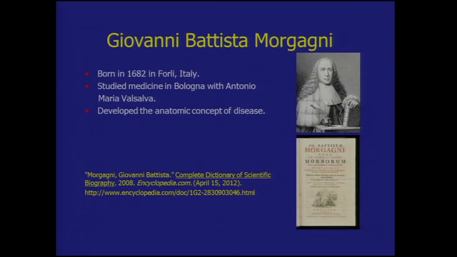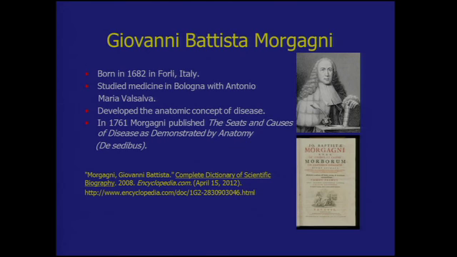Now, it may stun you to learn that before this point, in the 1600s, the 17th century, most concepts of disease causation dealt with very diffuse concepts like miasmas and ill humors. There was no concept that you should correlate a disease with a particular anatomical location in the body. And it was Morgagni's genius to realize that if he followed patients and then studied their bodies afterwards, he could actually correlate changes in their morphology, changes in their tissues and their organs, with the symptoms and signs they displayed